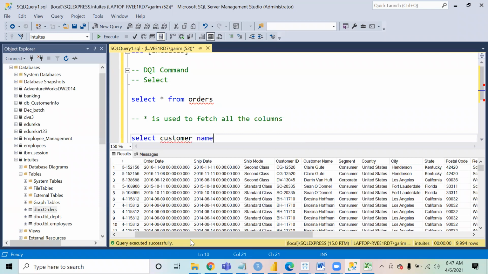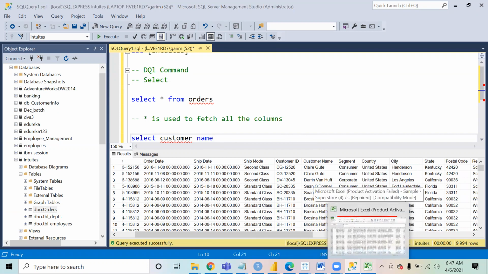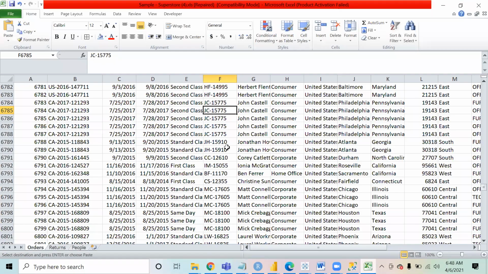Now please make sure, right? Generally, whenever we define column names, we never use a space in the column name. If you see customer name, we would never use a space over there. But because we have loaded this data from an Excel, SQL created the column names with the same names that they have in the Excel.